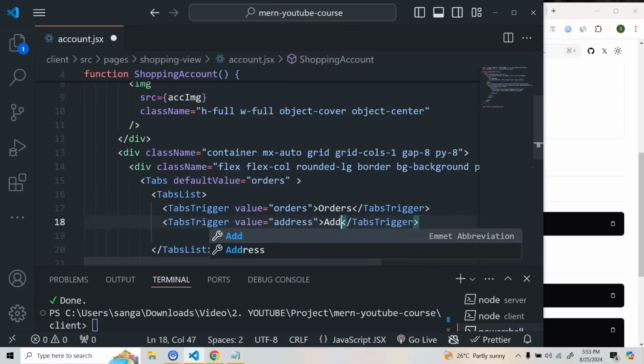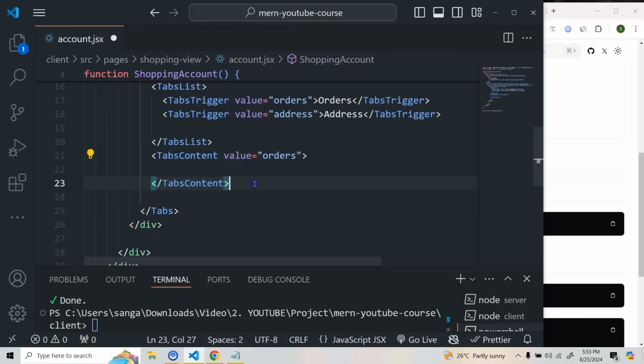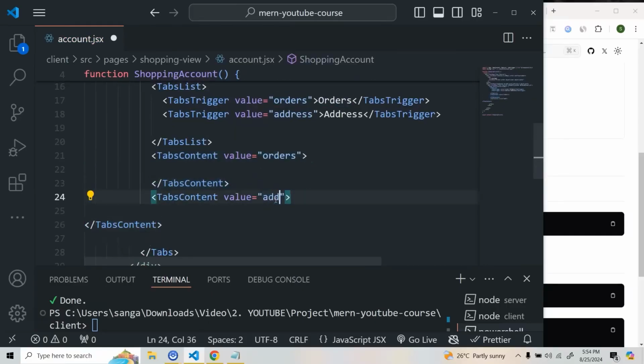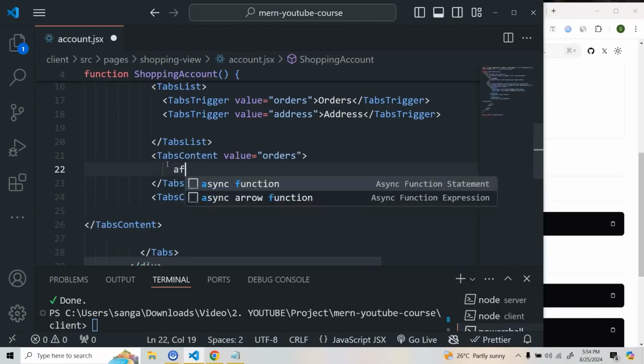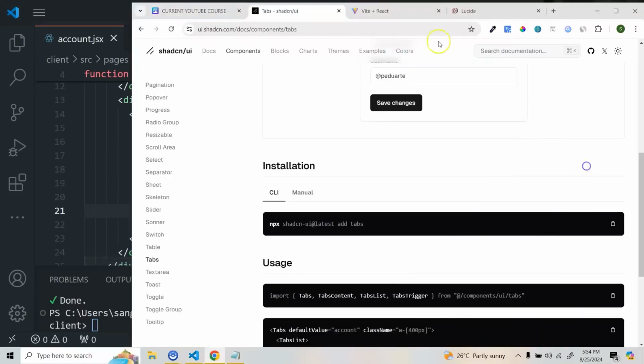Okay, and after this you need to add tabs content. So here again you need to pass the value property. So for this one, this will be orders, and let's copy and paste it, and this will be address, right? So now whatever you will be adding here, this will be able to see if I add some random value, right? Save it,